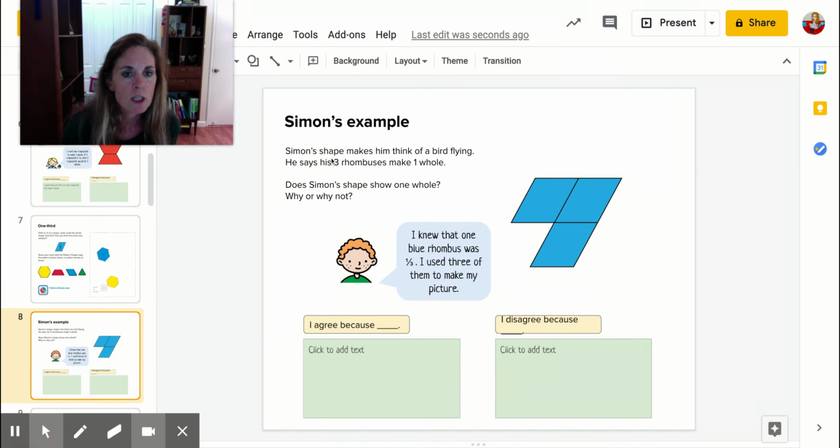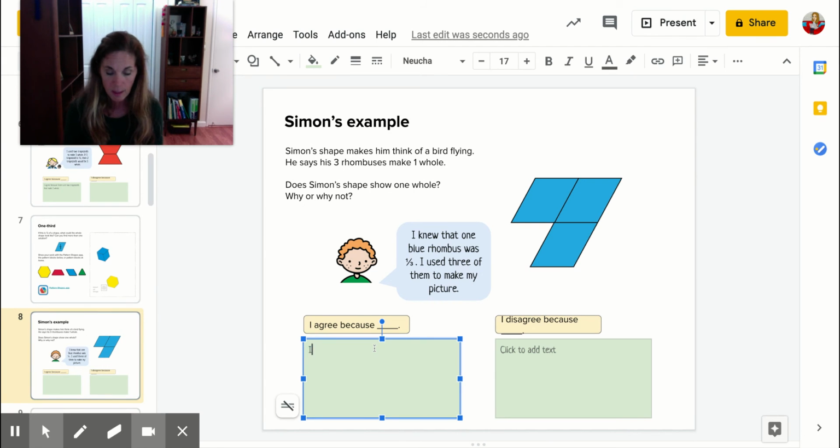So Simon's shape makes him think of a bird flying. He says his 3 rhombuses make 1 whole. Does Simon's shape show 1 whole? Why or why not? He says, I knew that 1 blue rhombus was 1/3. I used 3 of them to make my picture. Is this 1 whole? Again, I agree because